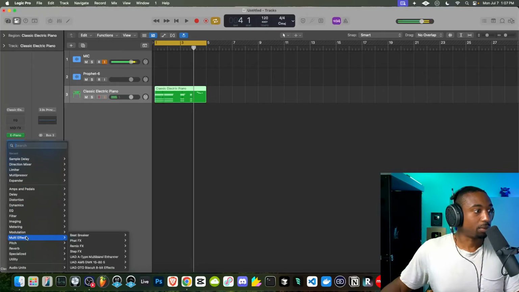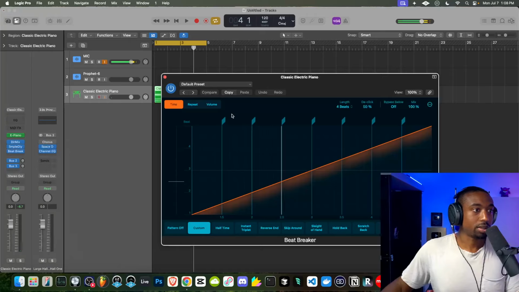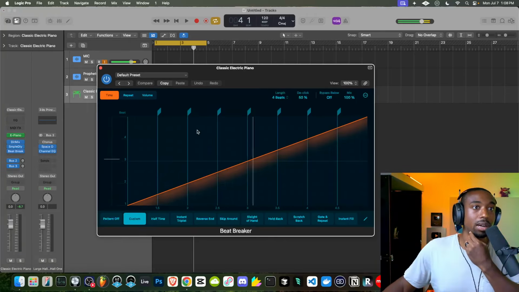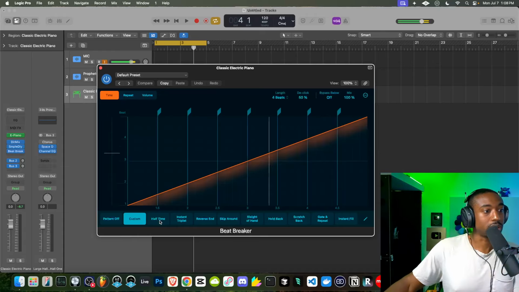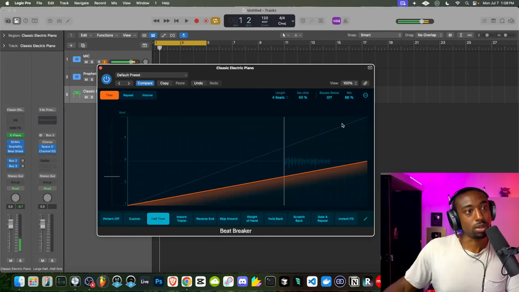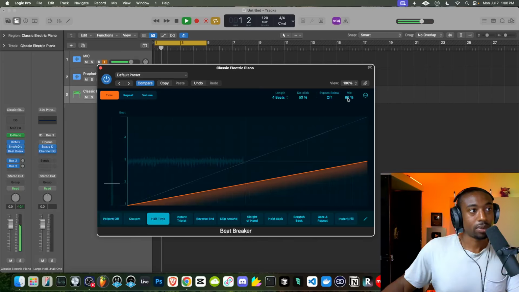Next, my next favorite plugin in Logic Pro is called Beat Breaker. So I'm showing you guys plugins I would actually use. Okay, so in Logic, I rarely go to third-party plugins, but here we're going to turn this on halftime, and then we're going to blend this in. So this depends on what you're actually running through it. This is great for top-line melodies.